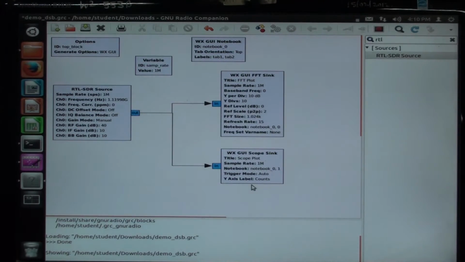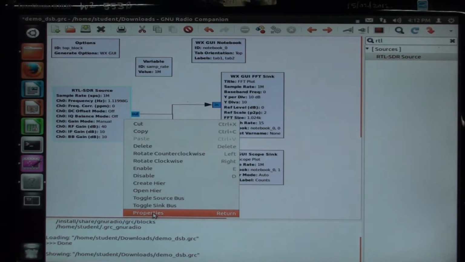This is the flow graph which we will be using for our demo. Here we have set the sample rate to 1 mega samples per second. That means every block will process 1 million samples per second. This is the RTL SDR source which will interact with the RTL SDR dongle.